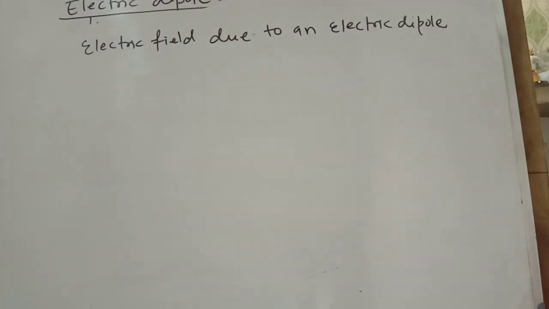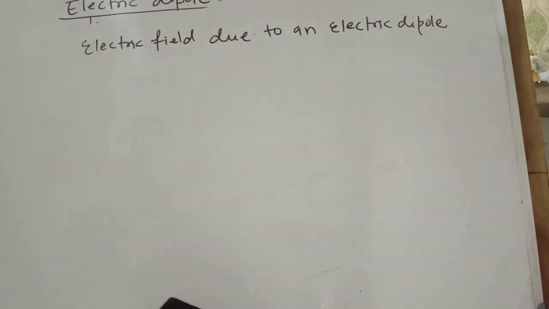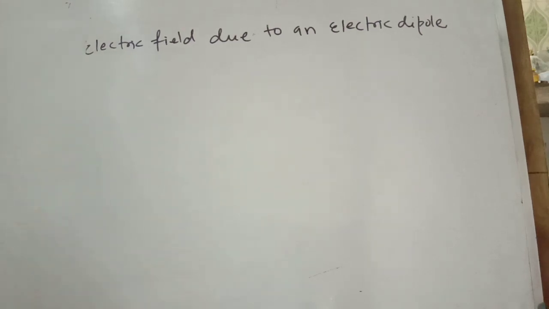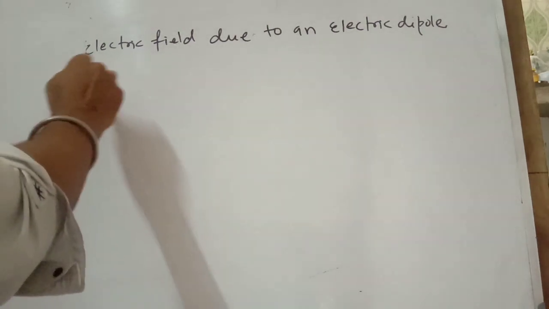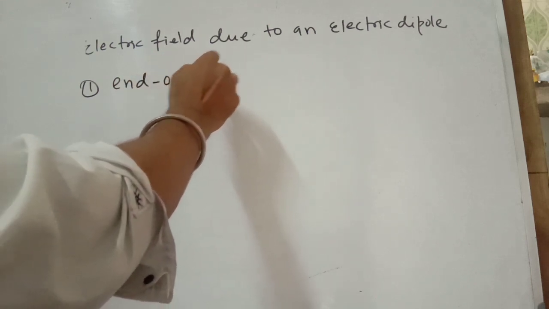There are two positions that are important where we can find electric field intensity due to a dipole. Understood? That means there are two positions that are important where we can find electric field intensity due to a dipole. So the number one position is the end on position,